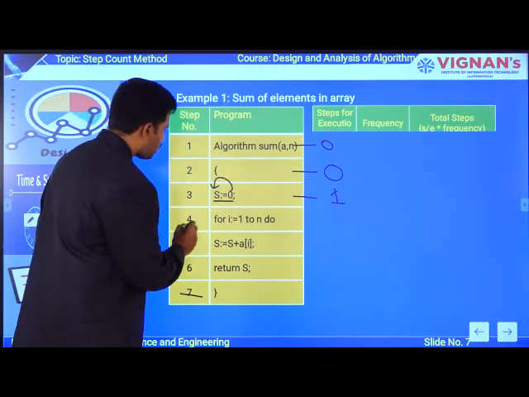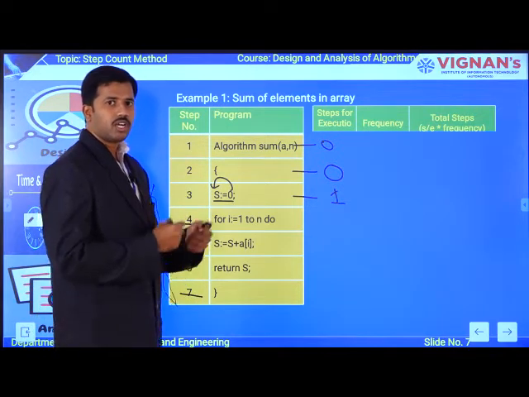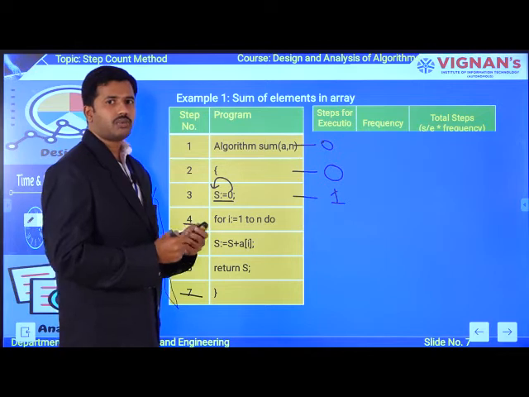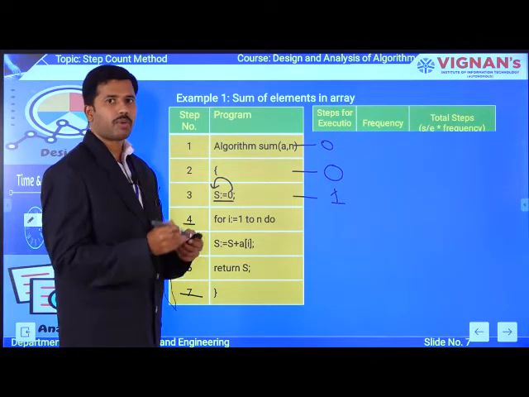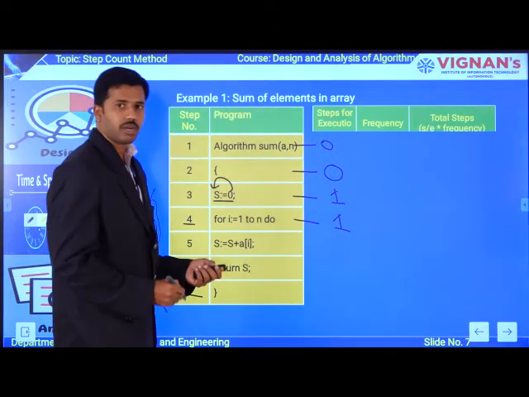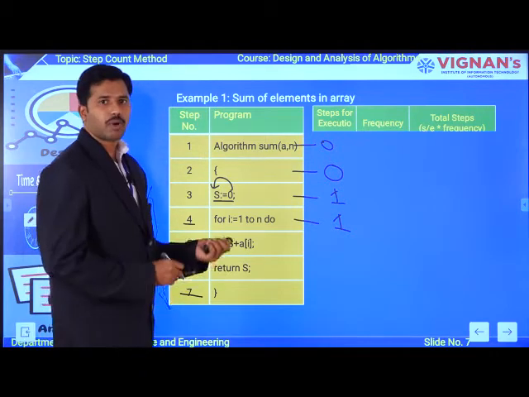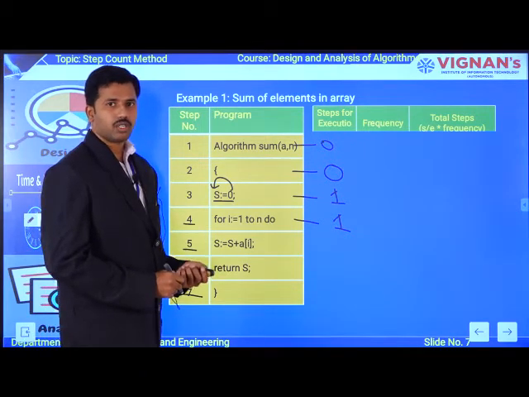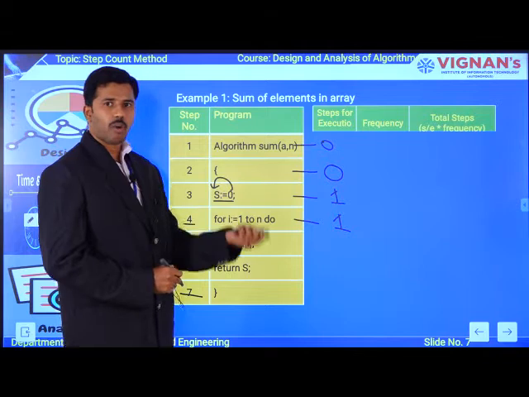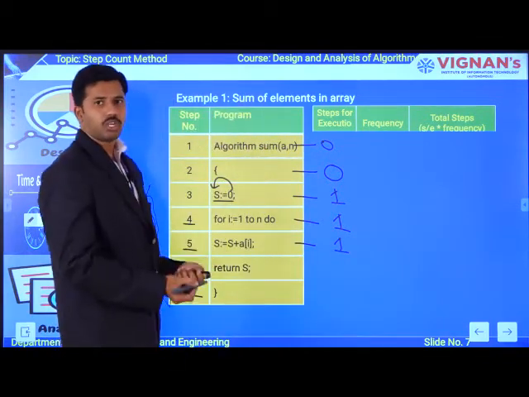Now coming to the fourth instruction, you have a for loop, tracing the values from 1 to n of a particular array. Definitely it is an executable statement, so the value becomes 1. Now the fifth instruction performs an arithmetic addition operation. Any arithmetic operation is considered an executable statement, so the value becomes 1.